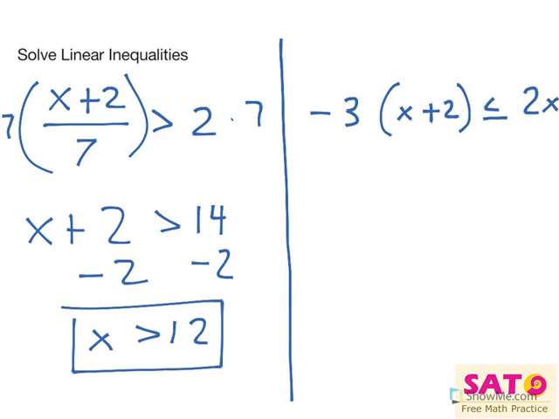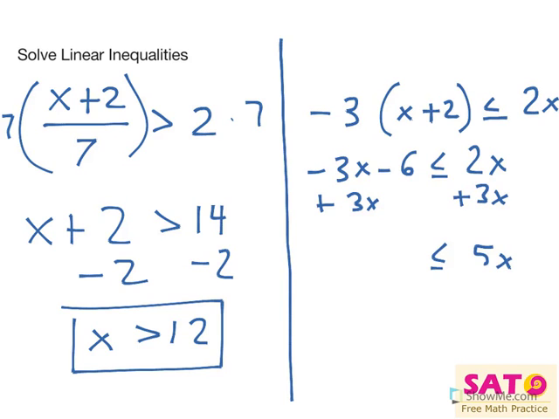On the right side, we have another distributive. So distribute. is less than or equal to 2x, and we want to make x positive. So 5x is greater than or equal to -6, and we can just flip that easily and divide on both sides. x is greater than or equal to